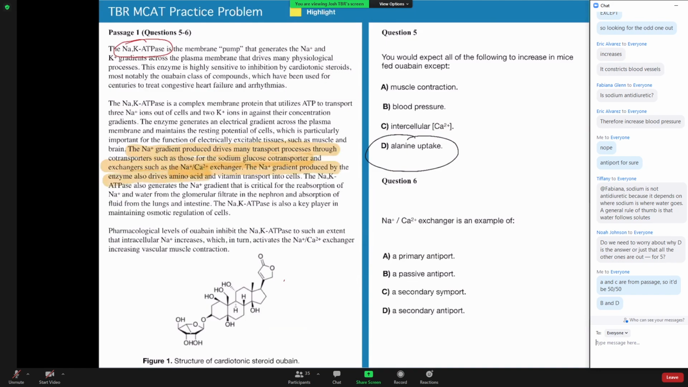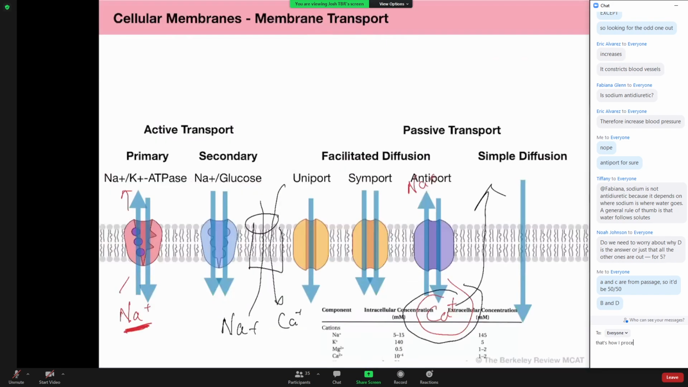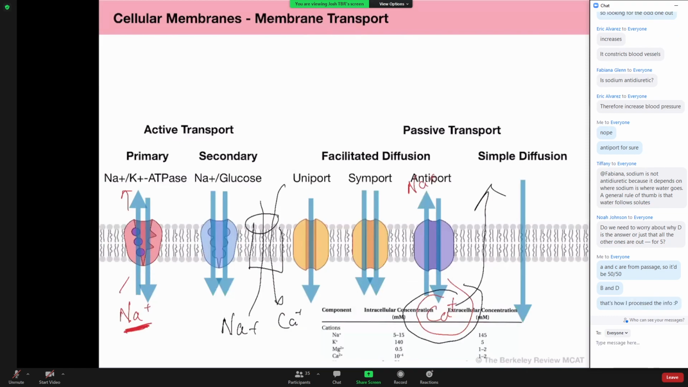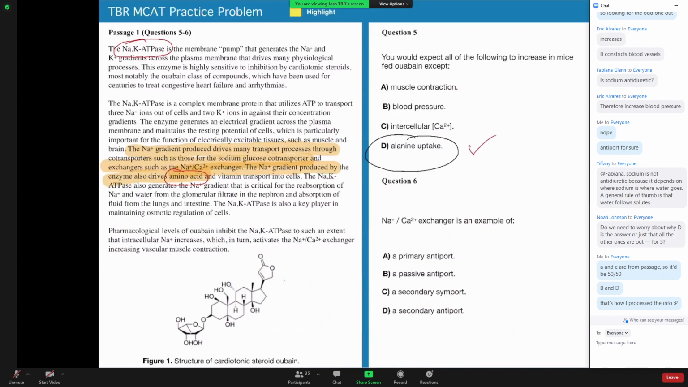Drives amino acids. Keyword here, right? So the amino acids are driven in the same way, if we go up to here, that this sodium glucose is driven. It can take advantage of this gradient and drive amino acids in, and other things. Cool, right? So that's why alanine uptake,